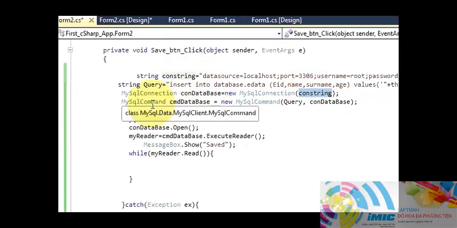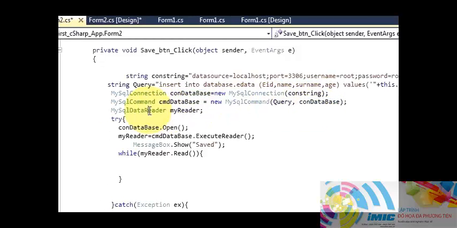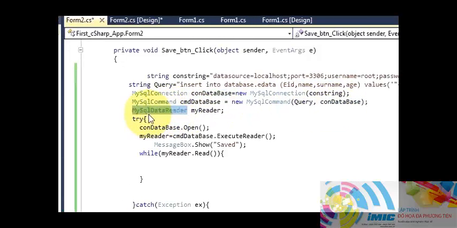Then write MySQL command cmd database, this is my variable name, is equal to new MySQL command, and I will pass this query here, comma, con database, this one, I will pass it here. And then we will declare a MySQL data reader variable. So write MySQL data reader,